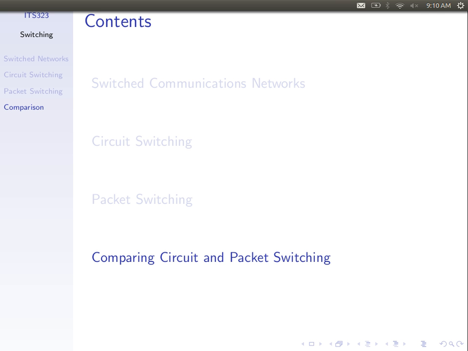Depending upon the requirements of the source nodes, we have different impact depending upon which of the switching techniques we use. If we use circuit switching, the source nodes need to set up a connection before we send data, and that requires some reservation of resources. So the sending rate